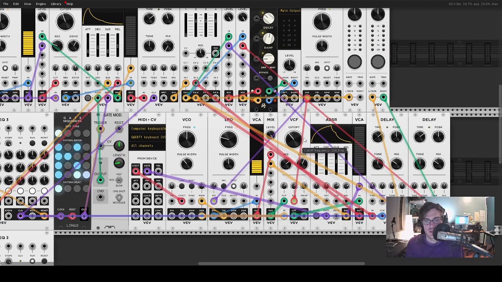So that's all well and good. So in addition to actually using this envelope, what I'm doing is I'm taking this CV signal into this handy little module, which we're going to see all over the place today, the mix module. And this is just going to give a unity mix. That means it's going to just mix equal parts of whatever you put into these inputs and send it out the output. So right now, in addition to this envelope that I have sending in, I have an LFO that